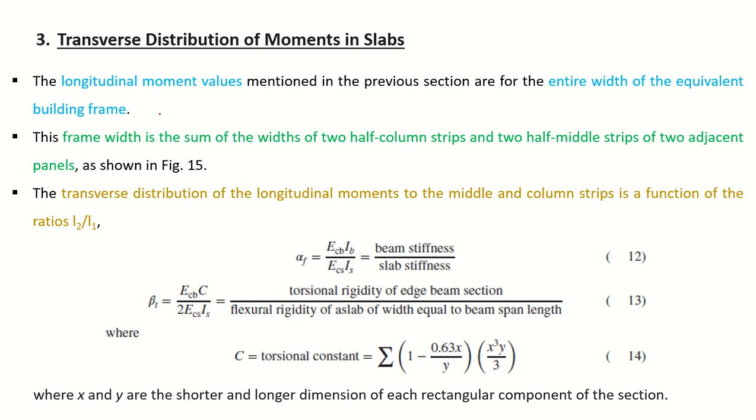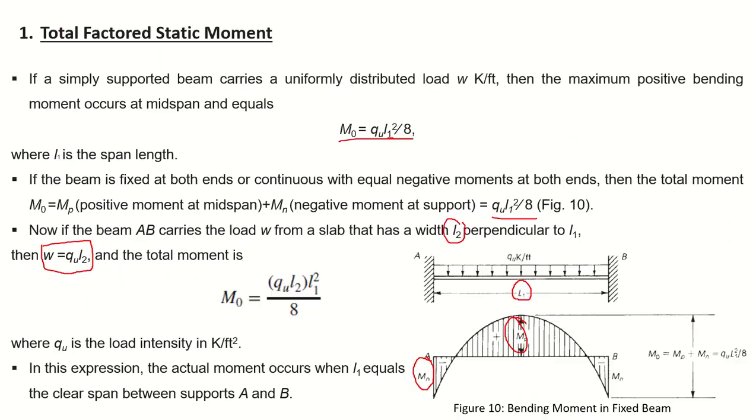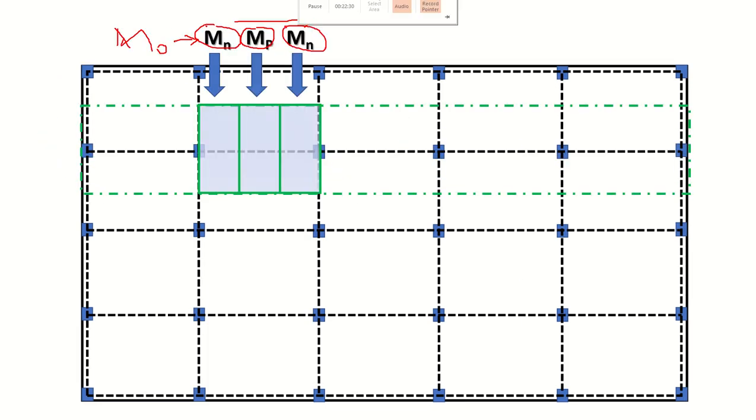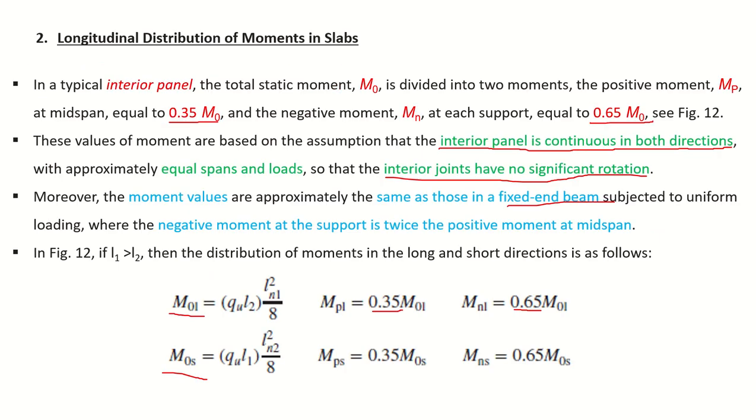Now we have distributed the moment in the longitudinal direction in positive and negative. After doing that, just like I presented graphically, once we get these m positives and m negatives, then we have to distribute them in the transverse direction, right. And to do that, we need the percentage of each strip. For example, this column strip, this middle strip and this middle strip and this column strip, taking how much percent of the moment. So when we go to